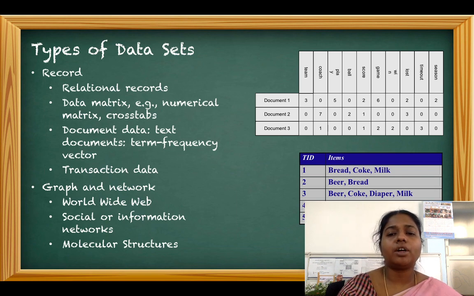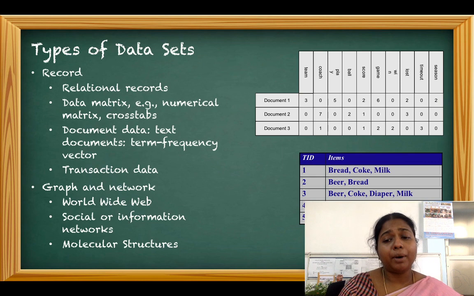So a record is a two-dimensional structure. The relational database is the typical example of a record. Record is just one form of data that we can deal with. Apart from record,